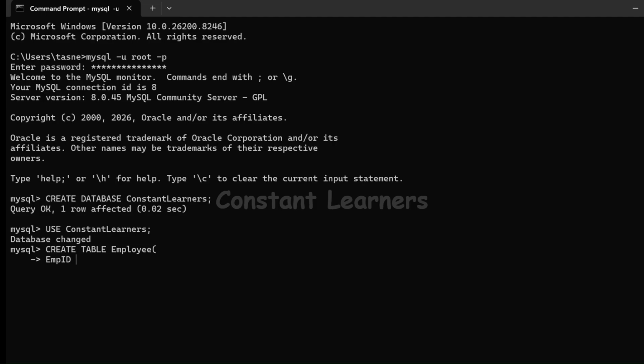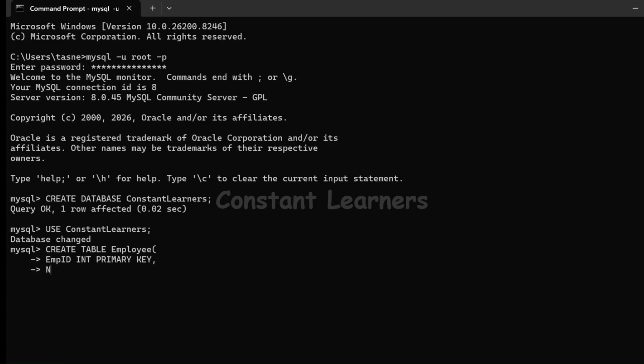Now, after the name of the column, we have to define the data type. So this column will have integers as the data type. So I'm writing int. Also, employee ID in my table will act as the primary key. So I'm going to declare that also, that this is my primary key. Alright. So this is just the first column. We still have to create more columns. So we are going to give a comma and enter.